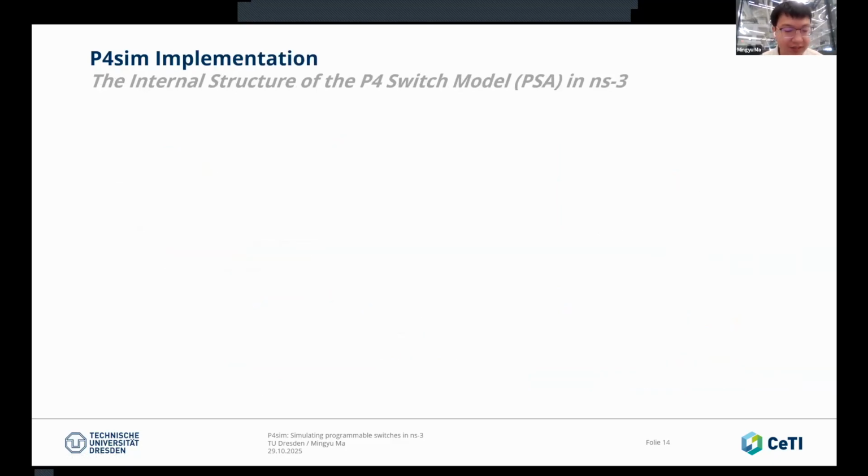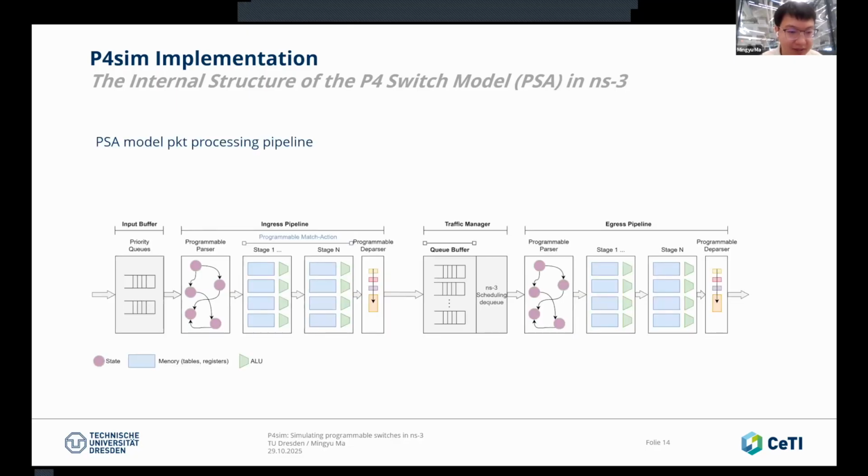After we talked about the design ideas, I will show exactly the implementation of the PSA module in ns-3. That may be a little complex, but I will try to describe it briefly. So this is the original PSA module in the behavior model: input buffer, ingress, traffic manager, and the egress